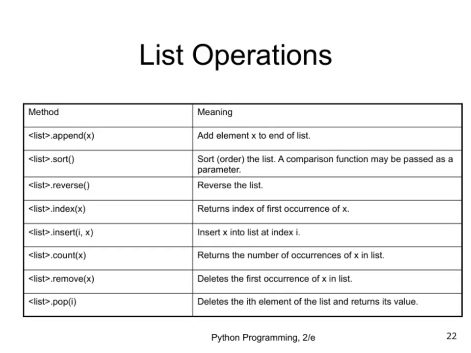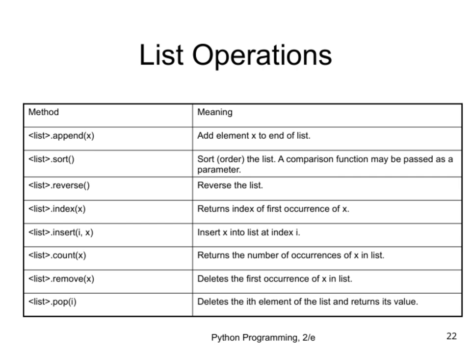Let's take a closer look at some common list methods in Python. First, we have append(x). This method adds an element x to the end of the list. It's a simple way to expand your list dynamically. Next is sort. This method sorts the list in order, and you can even pass a comparison function if you